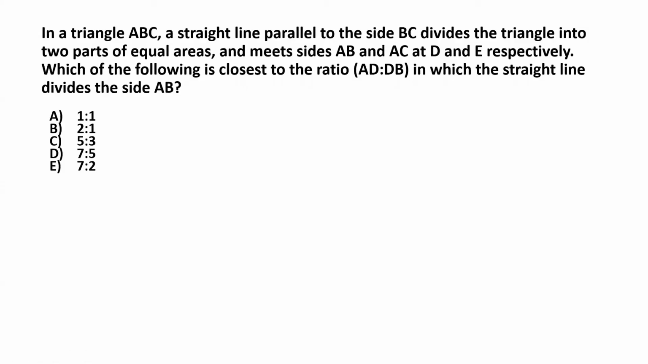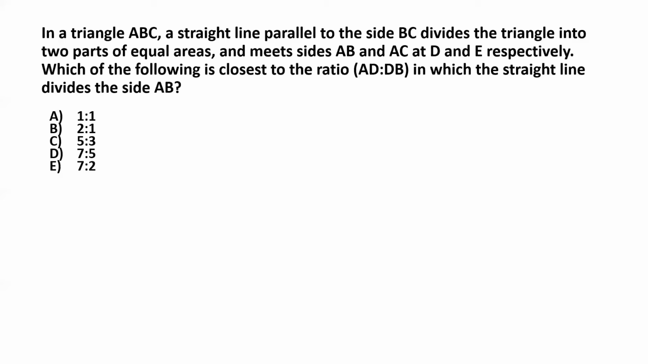In a triangle ABC, a straight line parallel to the side BC divides the triangle into two parts of equal areas and meets sides AB and AC at D and E respectively. Which of the following is closest to the ratio AD is to DB in which the straight line divides the side AB? And we are given four, or rather five options, out of which we have to pick the correct